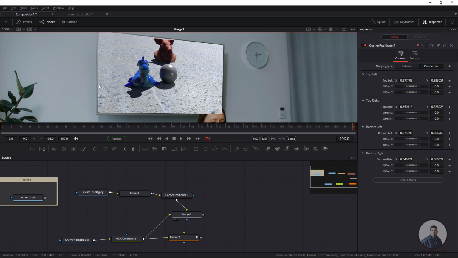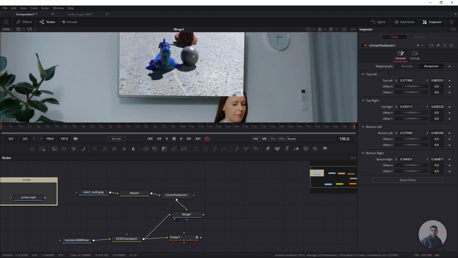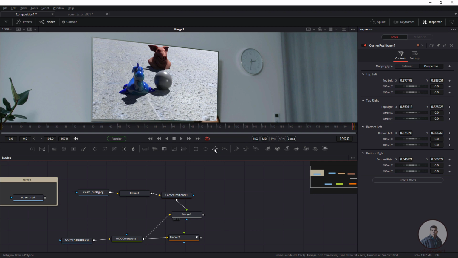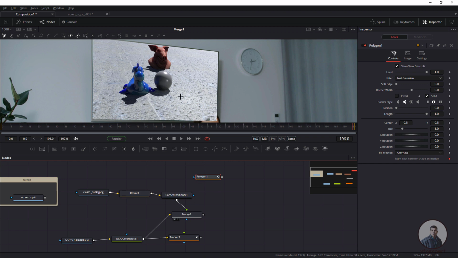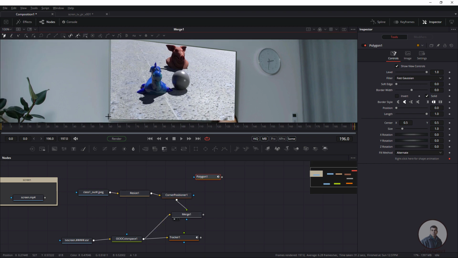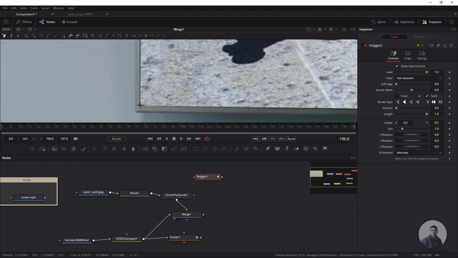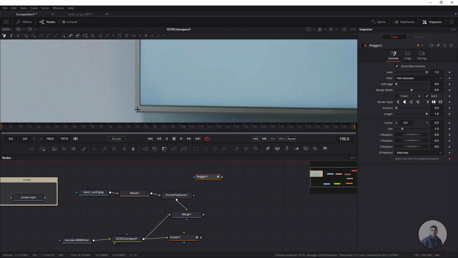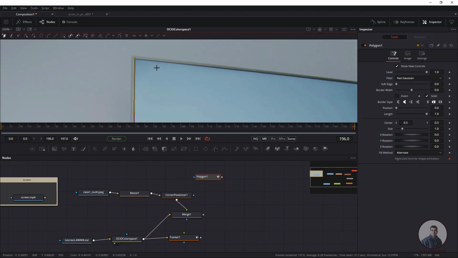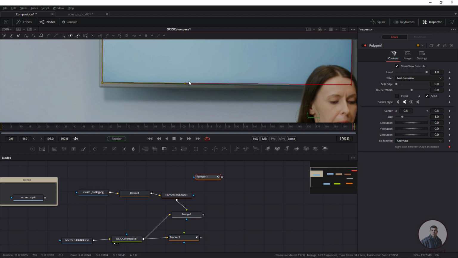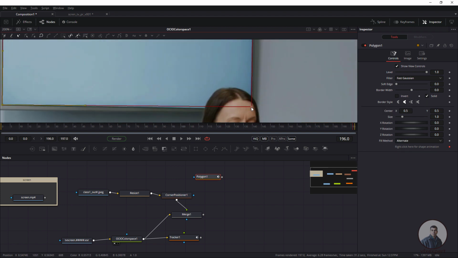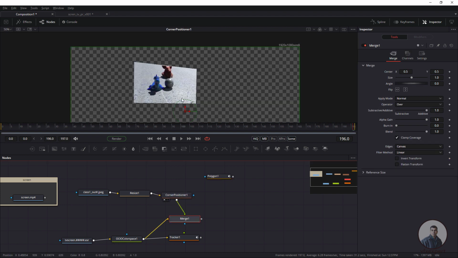Even if you want to create some smooth edges here, for this what we can do is take a polygon node here. Simply select this one and drag and drop here. Now again we have to see our original screen, or we can also drag and drop through this viewer here. Simply we select and click, so we view our original image. Now we have to close this polygon and adjust this, maybe this one here. See, this is actually our main screen which I am placing on this TV screen.